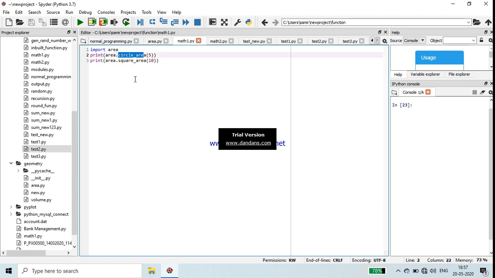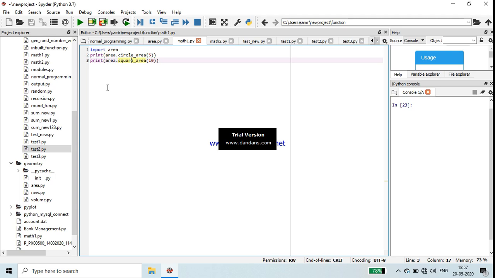Circle area is a function. Then square area is a function that is there in area.py. These are the two functions already defined in the area module, and in math1.py this area module has been imported, and we can call the function like this: module name dot function name.